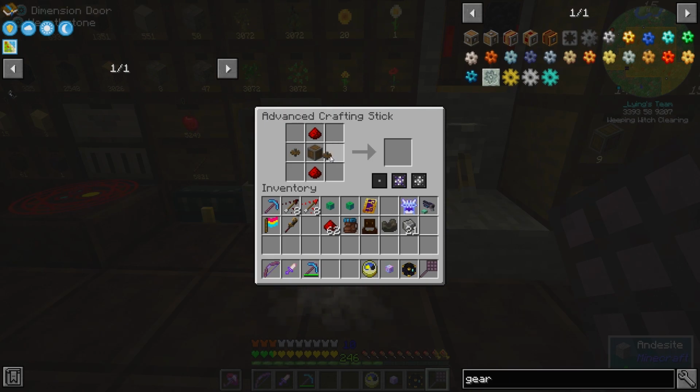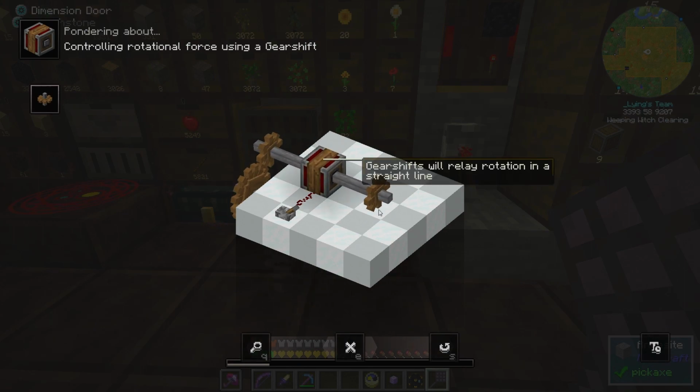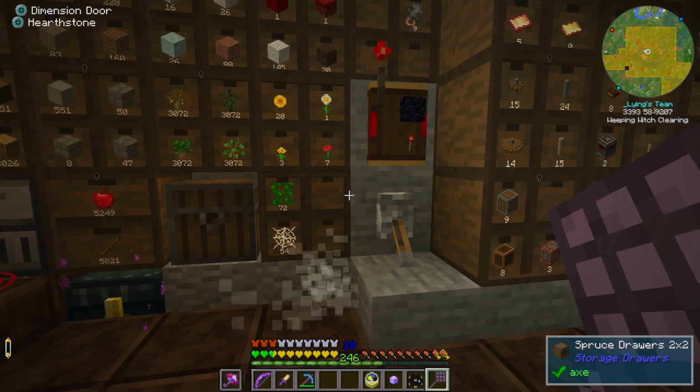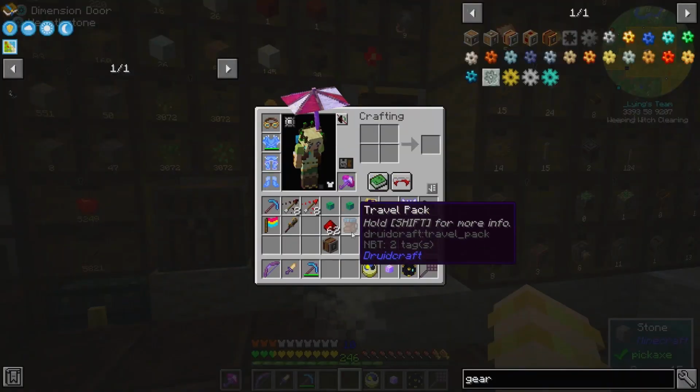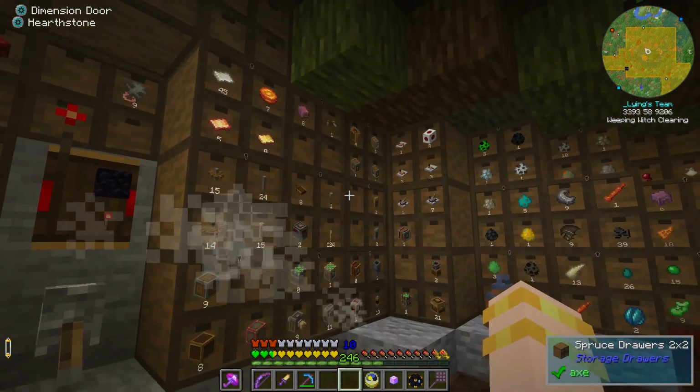You might be wondering exactly what a gear shift does, and it basically allows us to control the direction of incoming torque. So if we apply a signal, it will happily reverse. This allows us to have the same object move in opposite directions depending upon a redstone signal. The second thing that we'll be needing is...